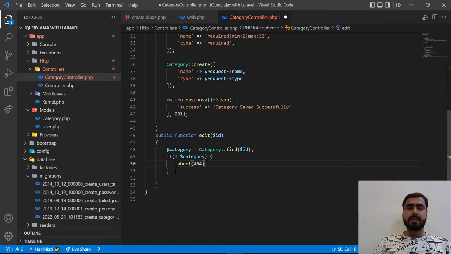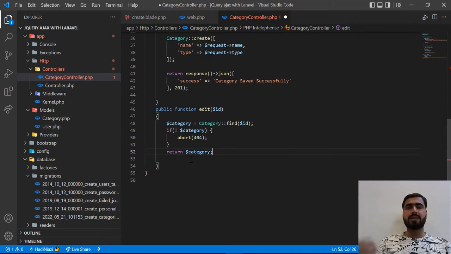And then if we find this category, we are going to return it back. So return response, and you can directly return this category. By default Laravel returns this value as JSON, so you don't need to wrap your string inside JSON twice. Okay, I'm returning this category. So let's